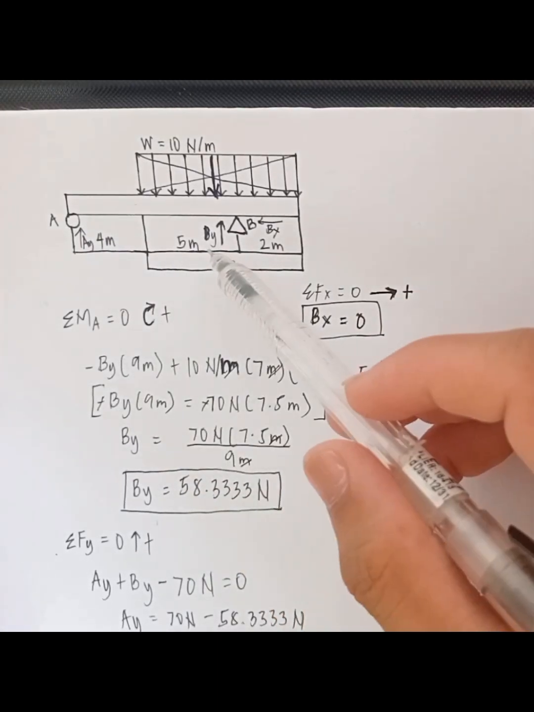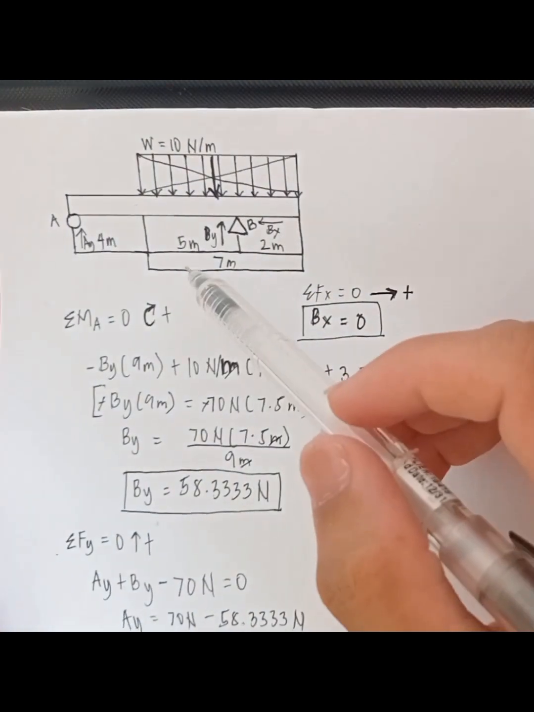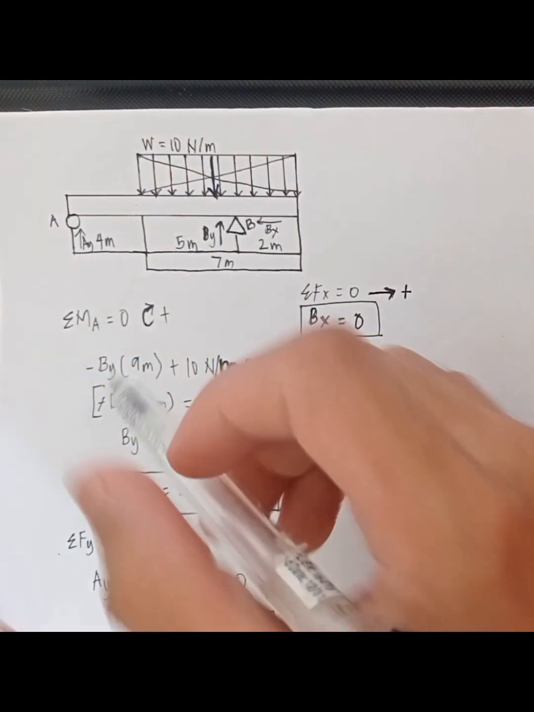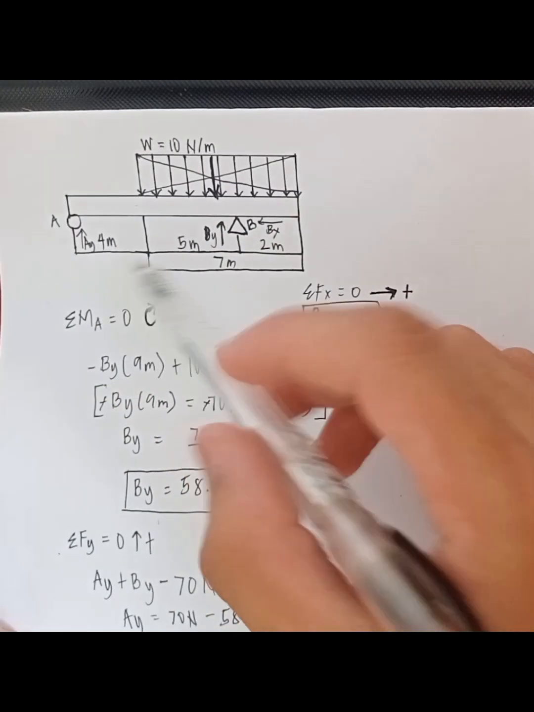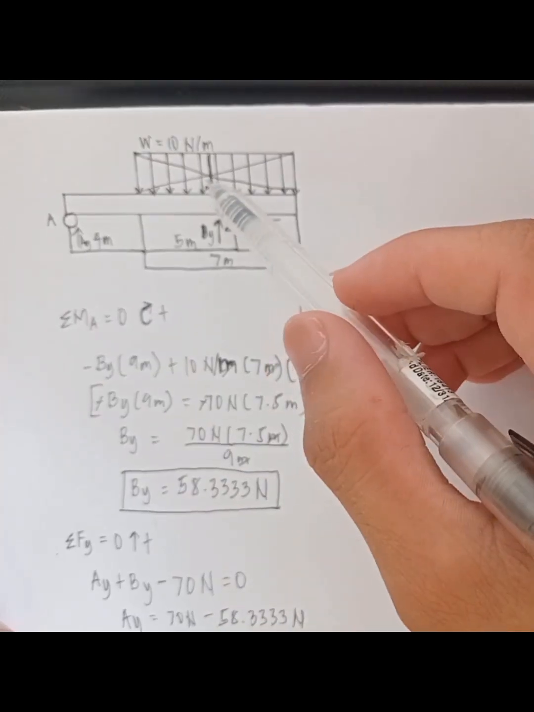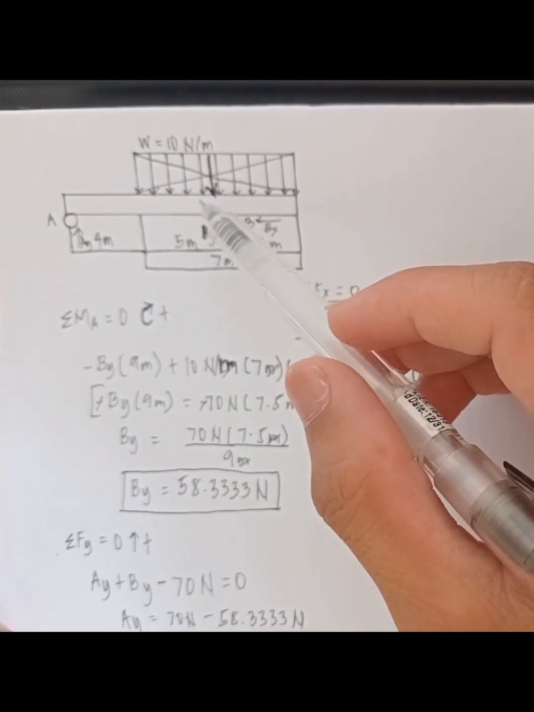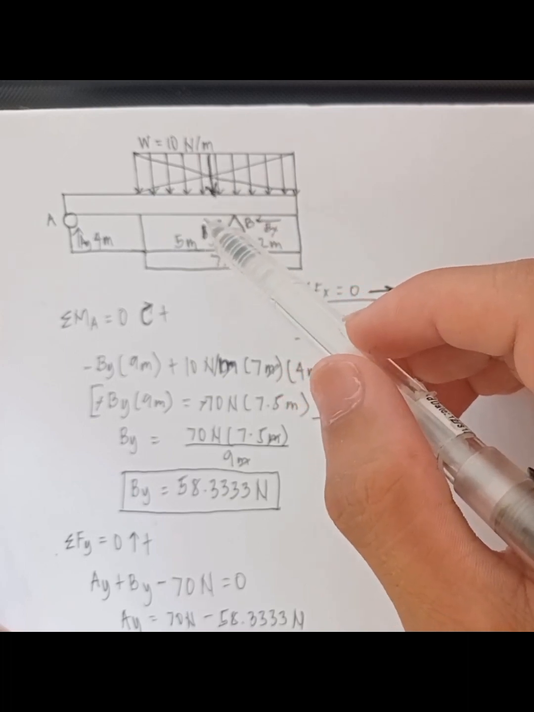First is By. As you can see, it has a counterclockwise direction, so it must be negative, times the perpendicular distance, which is 4 meters plus 5 meters. It is 9 meters. Second is the load weighing 10 Newton per meter, and it has a clockwise direction, so